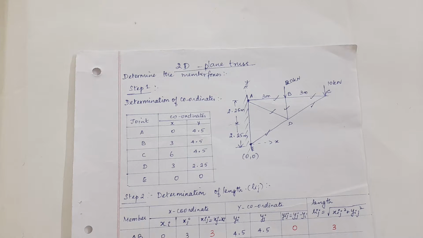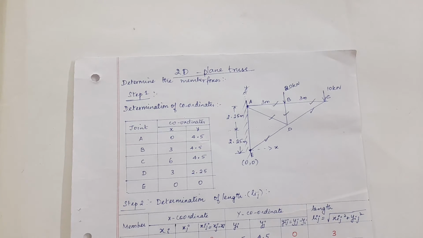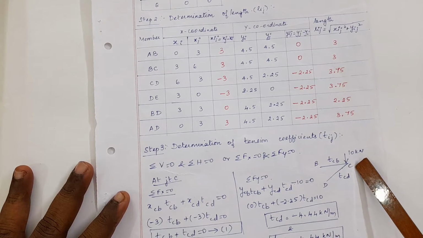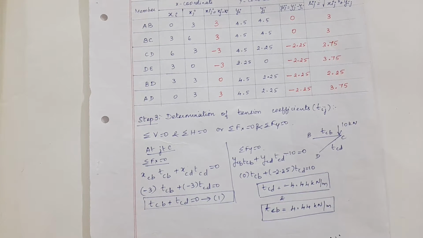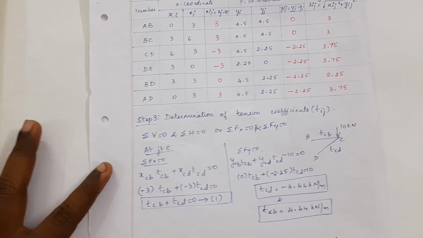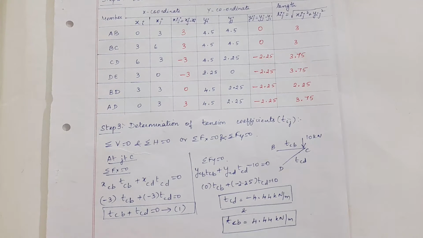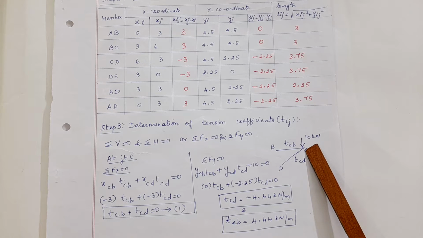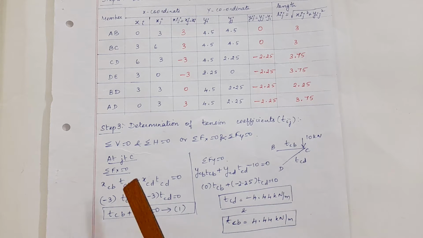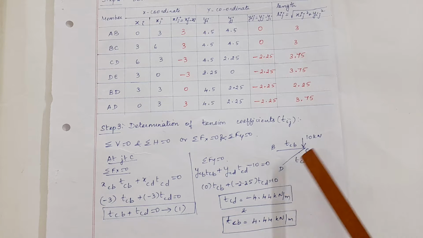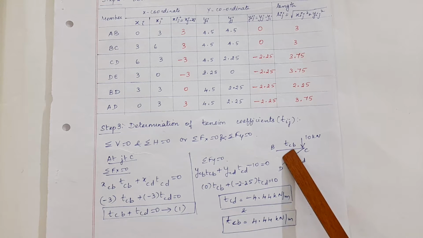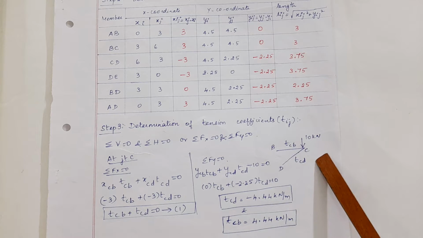So for easiness I start from joint C. From C I can start proceeding and go towards the other end such that I can find all the member forces easily. Okay, so let me start now. First let me start from joint C. I have drawn a free body diagram. I have drawn CB, CD, and whatever load is at C.